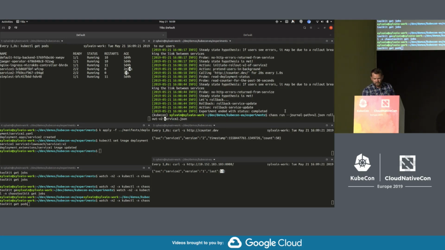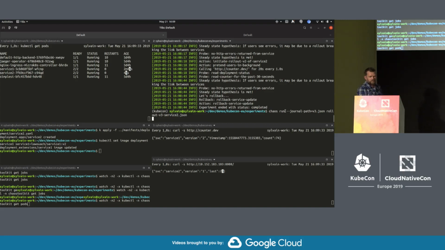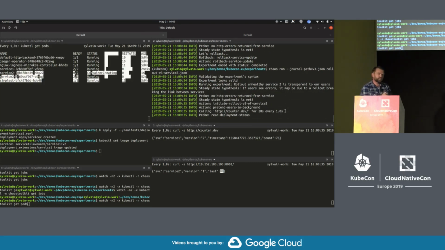Now let's go for a service. I'm going fast here just because I want to showcase that's not very interesting. It's the same experiment with a variety of images that I pre-canned that do something I wanted for the demo. On that version 3, it's the same service, but now the else probe is going to return an error immediately.